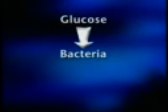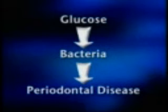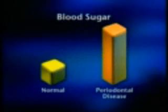Also, the harmful bacteria in your mouth that are responsible for periodontal disease thrive on sugars, including glucose, the sugar linked to diabetes. If diabetes isn't controlled properly, high glucose levels in your saliva feed these bacteria and set the stage for gum disease. And interestingly, the reverse is also